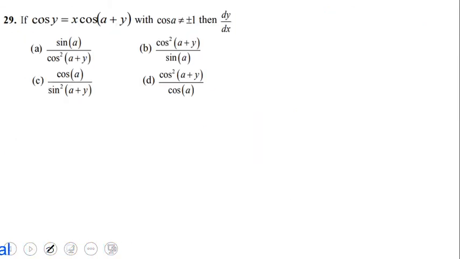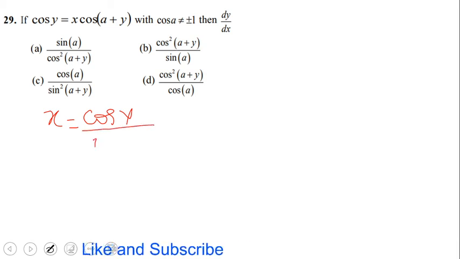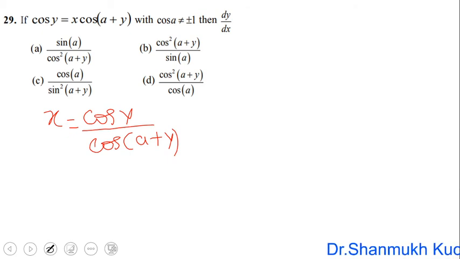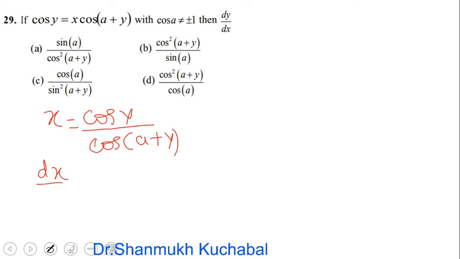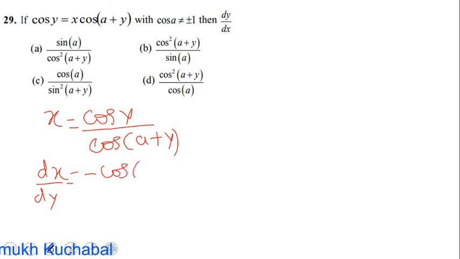The question is cos y equal to x cos(a plus y), then what is dy by dx? So from this I write the solution for x equal to cos y divided by cos(a plus y). Now usually we find the differentiation of y with respect to x, written as dy by dx. Now in this we have to differentiate x with respect to y, so we get dx upon dy equal to minus cos(a plus y)